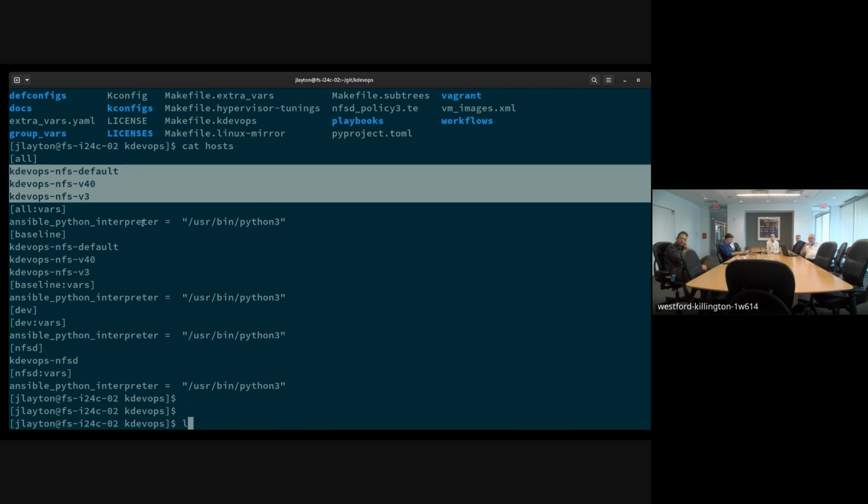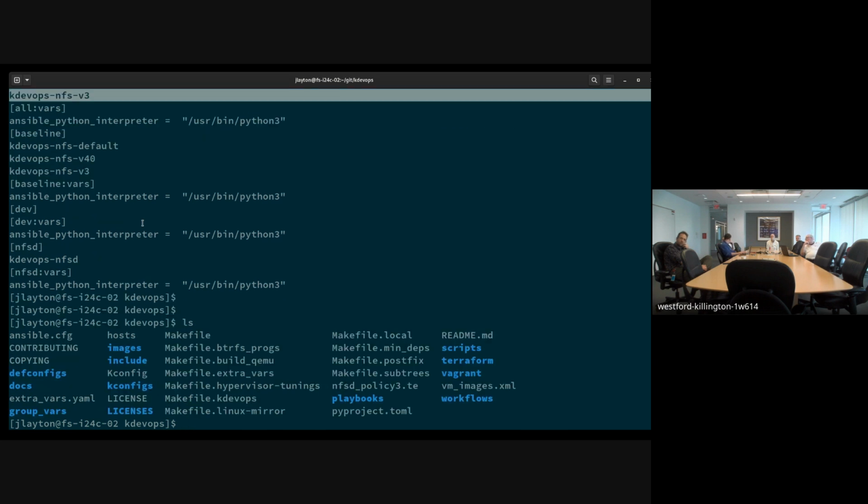Obscure question: is it possible to run stock on the clients and the test kernel on the NFS server? Not right now. They don't have to run the same kernel, there's nothing that forces that. It's just that the machinery to do what you're asking is not there. So we could do that. It's just a matter of writing the right Ansible playbooks to do it and directing them the right way. So yeah, in any case, we got all this stuff set up, and now I can say